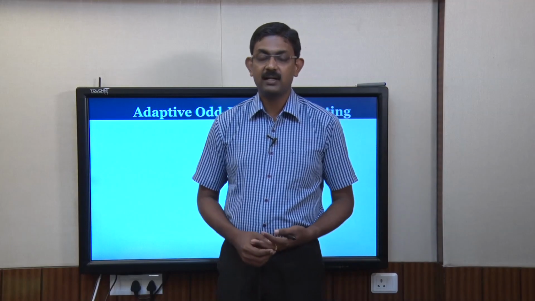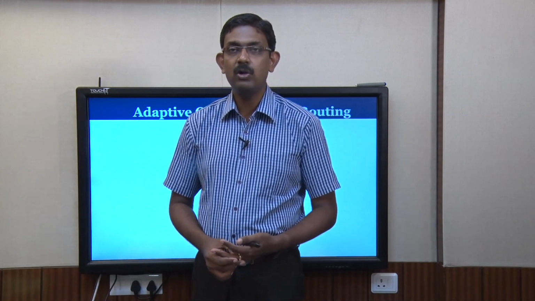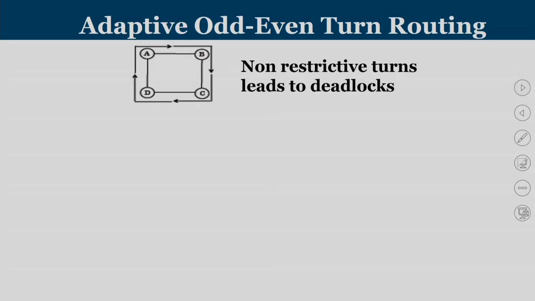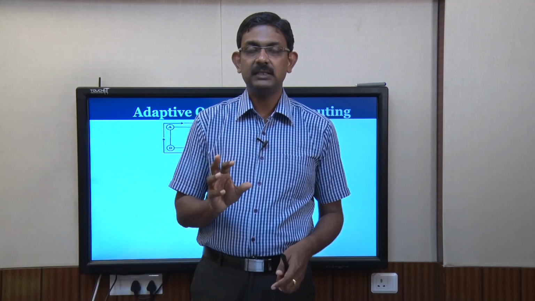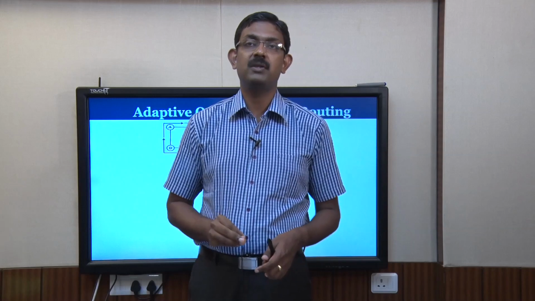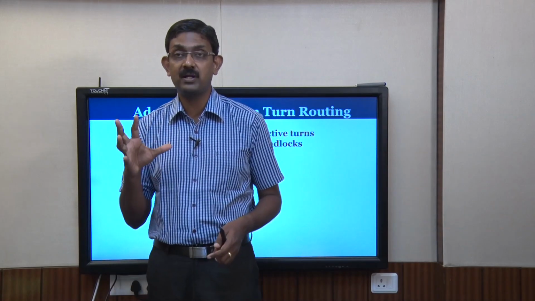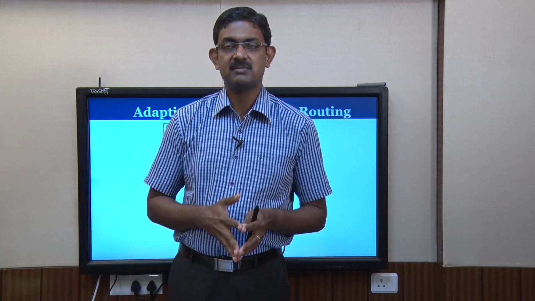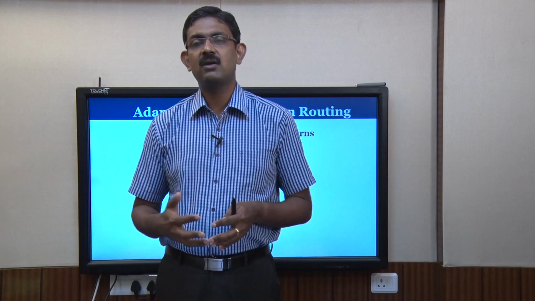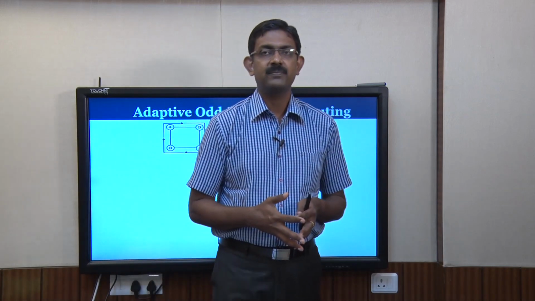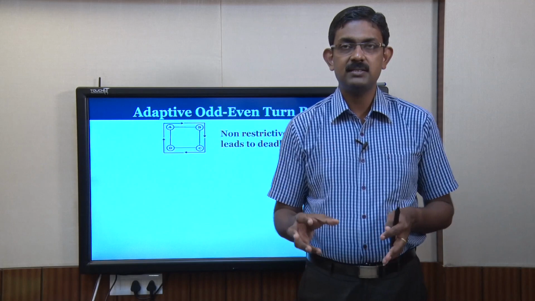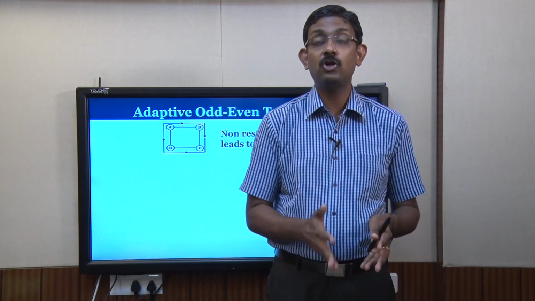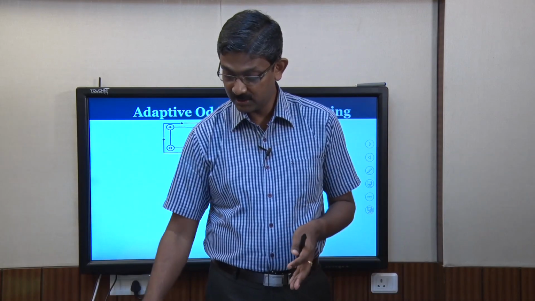Let us move to another category of routing, which is known as adaptive odd even turn routing. So, in odd even turn routing, we are restricting certain turns at certain positions. When it comes to turn model, we say that this particular turn is allowed only in the beginning or only at the end. That makes it slightly restrictive. So, odd even routing is another category where the routing intelligence which is embedded in the router is clearly specifying under which columns certain turns are allowed, certain turns are not allowed.